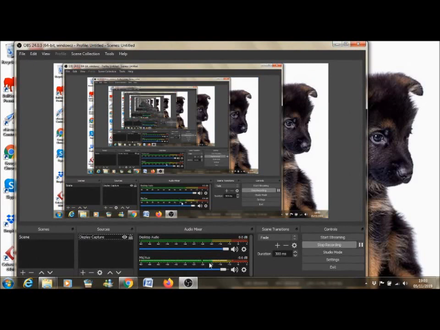Another thing is, here you've got the levels of your mic. The most important thing is not to go on red. If the levels of your audio go towards red or are on red, that means you're clipping and your audio is going to be too loud. You can bring the slider down, this one, and then it's going to be much quieter,